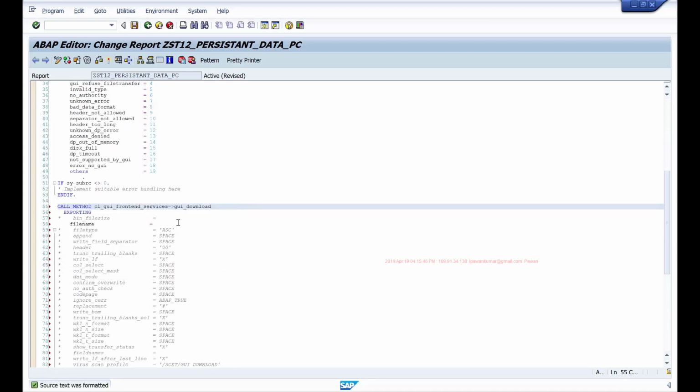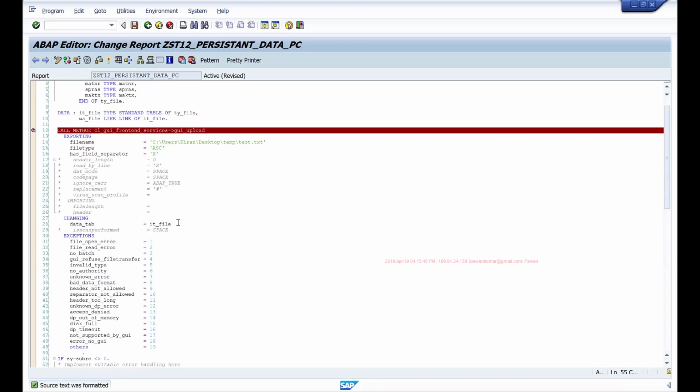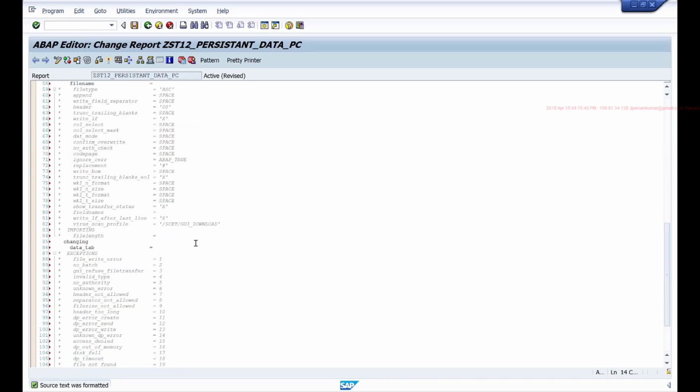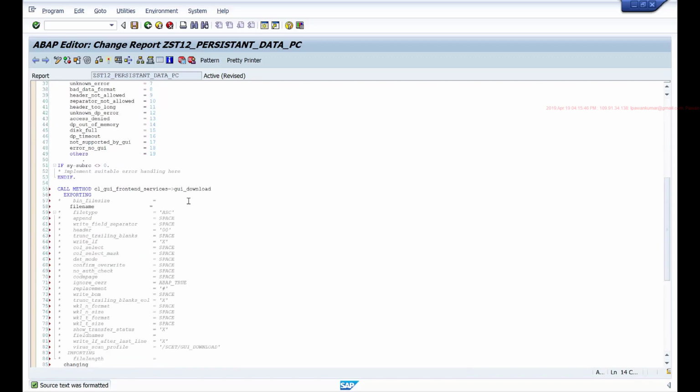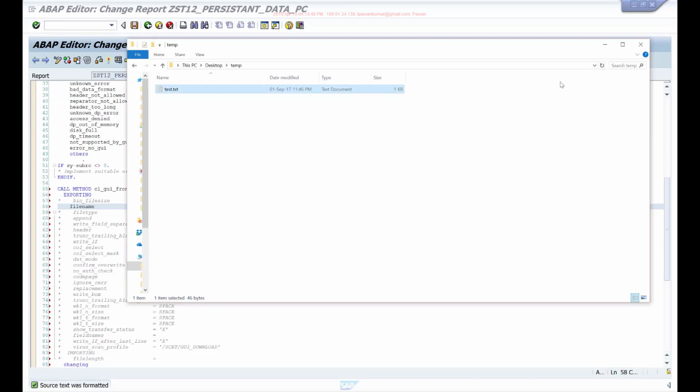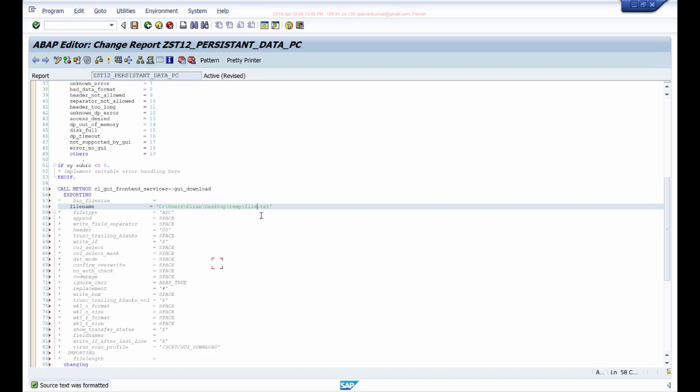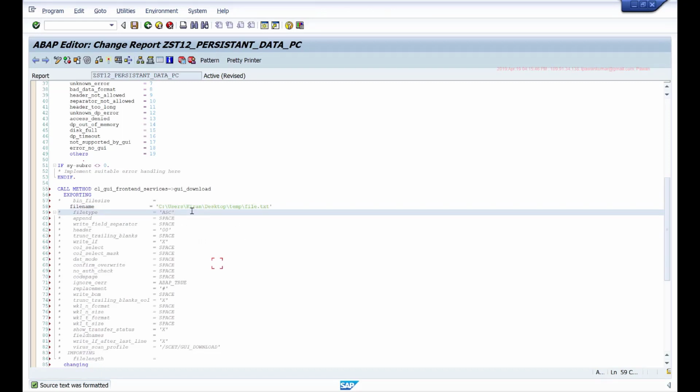So to download, we'll call this method GUI download. To this, again I'll pass the file path. I'll save it as a new file. So the file name is this. Instead of test.txt, let's say file.txt. So it should create one new file in this directory. Right now I have only test.txt. After this it should create file.txt. File type is ASCII.